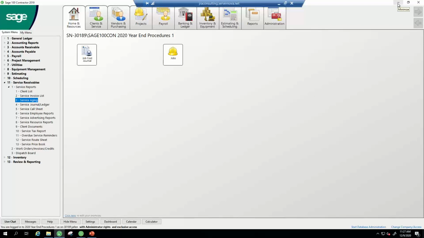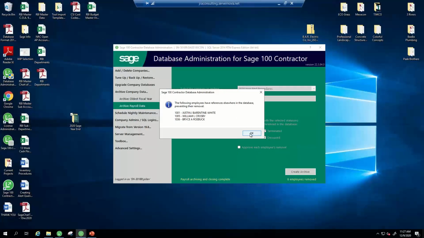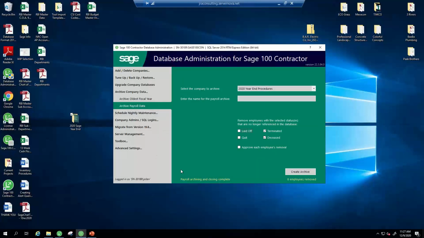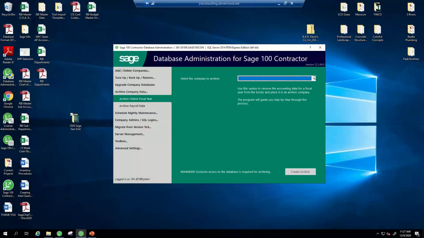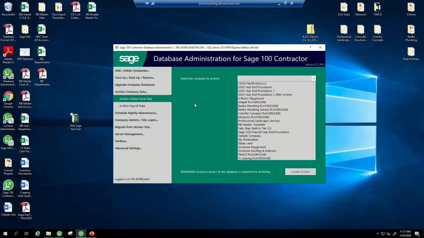Our next item is we're going to process archiving your general ledger data. This will be archiving your oldest fiscal year. Look, this was an error from the payroll archives that 3 of the employees could not be removed because they were referenced with current activity, which means they were probably not marked as terminated. Okay, archiving your oldest fiscal year data. You'll want to go into Archive Company Data in the Database Administrator, Archive Oldest Fiscal Year, select the company that you want to archive,